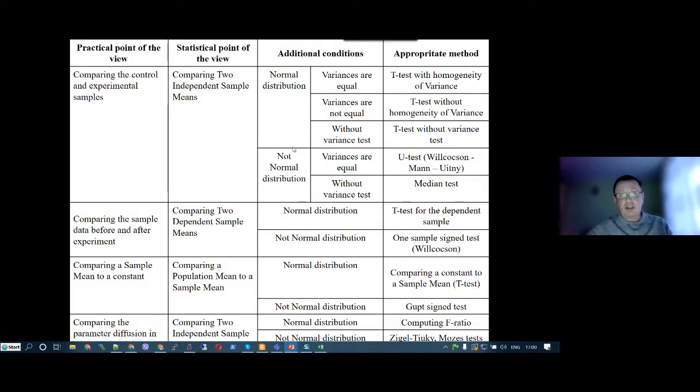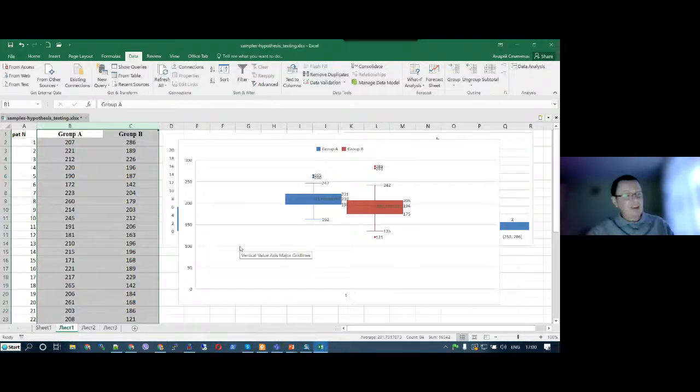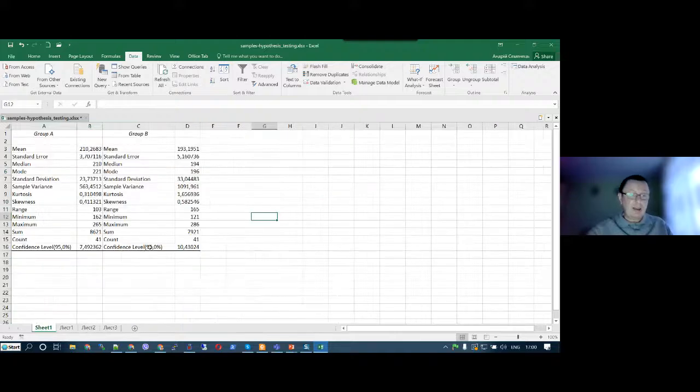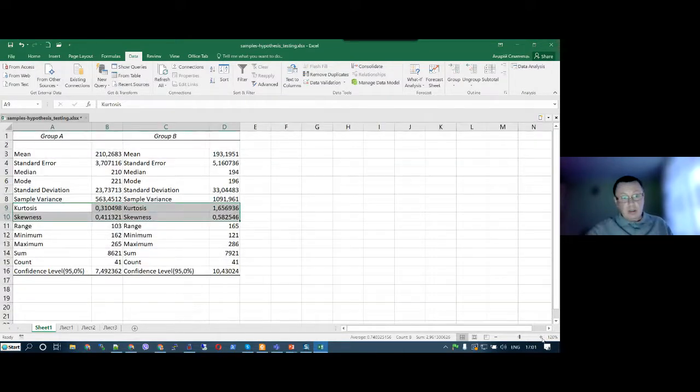So next question, I have to check the distribution type. Is it normal or abnormal? For sure, I can use the rules mentioned above about standard deviation, but it's a little bit hard to determine. I already have descriptive statistics, skewness and kurtosis values, which is more than enough to provide a conclusion. I just have to compare them with my critical value. I will not provide the critical value right now. You will find it again in the practical classes material for class number